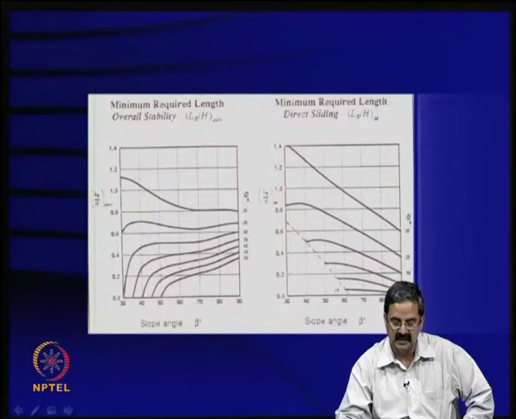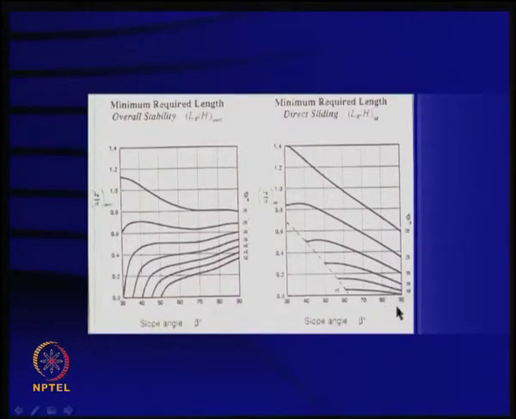You can see here that if the slope angle is about 90 degrees, and if phi equals 20 degrees, it is about 0.6 here, and if it is 25, it is 0.438 here or something, but you have to take whichever is higher. They have assumed some sort of failure mechanism. The basis of this is that they have assumed some sort of failure mechanism. It can be in the form of a log spiral, or to calculate earth pressure coefficients, you have to make some assumptions.